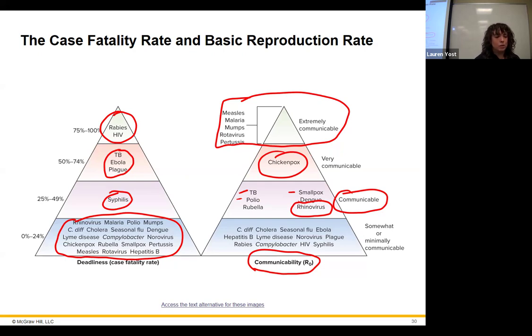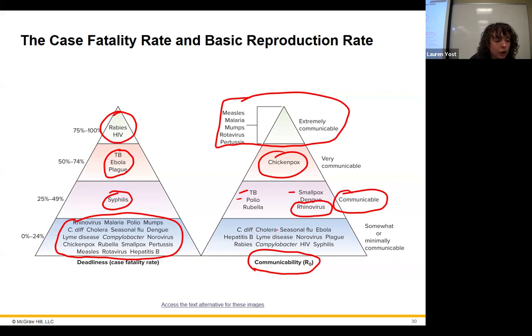I don't know if you know that, but with smallpox, they used to have scrapings of skin put onto blankets and throw them to indigenous populations to try to wipe out populations to steal whatever their resources were. You don't know that about history. Surprise! That's what people used to do. The Spanish were very well known for that. Not that other populations didn't do it, but they definitely were well known for it.